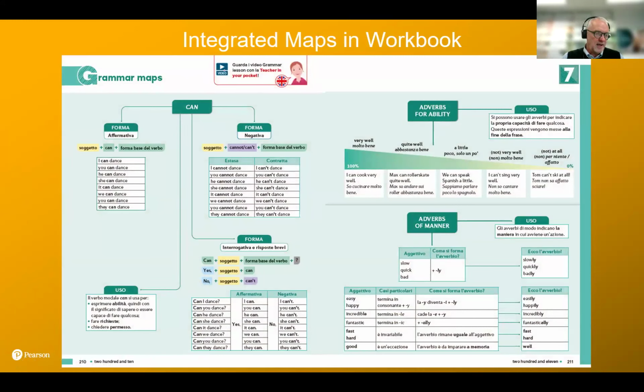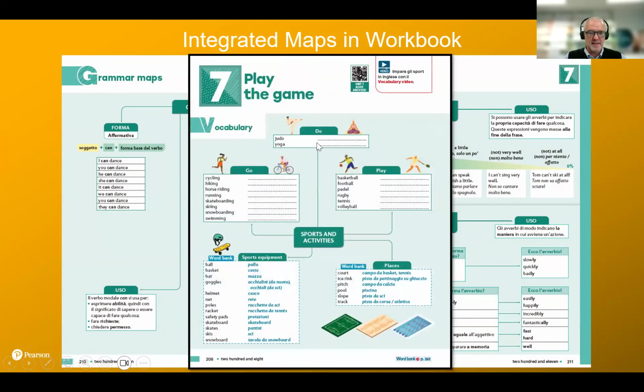Another highlight from our point of view is integrated maps in the workbook. So here, as you can go through for every unit, included automatically in the unit, so it's easy to find, you would have maps for grammar, which are very clear, easy to see. You've both got forma and uso, you can see with tables. This is done before the exercises section. And there is also a vocabulary map. So this is taken from Unit 7, for example, and here you have the vocabulary related to sports and activities, where we put some of the translations in and we leave a space for the kids to be able to add in themselves the